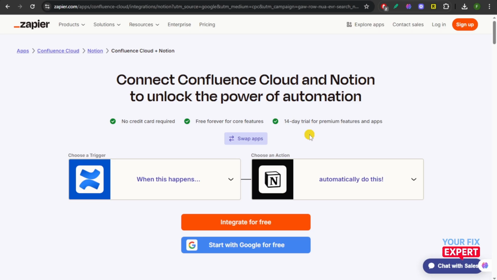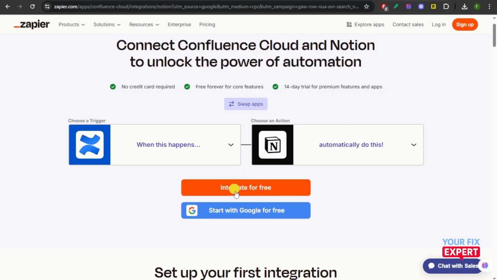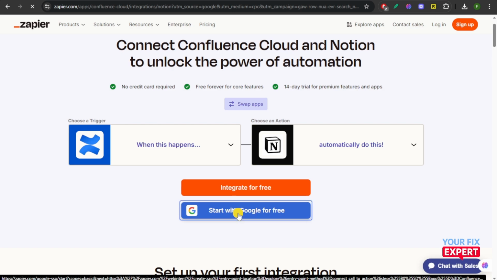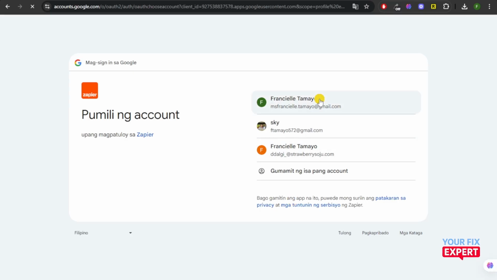Now, go to zapier.com and then you just have to search "integrate Confluence and Notion," and then this page will come up. Then you're going to have to click on "integrate for free" or "start with Google for free." So you can choose either of the two. I'm going to click on "start with Google for free,"